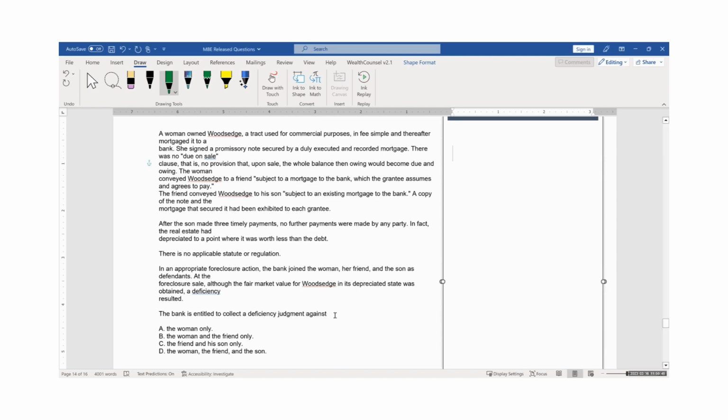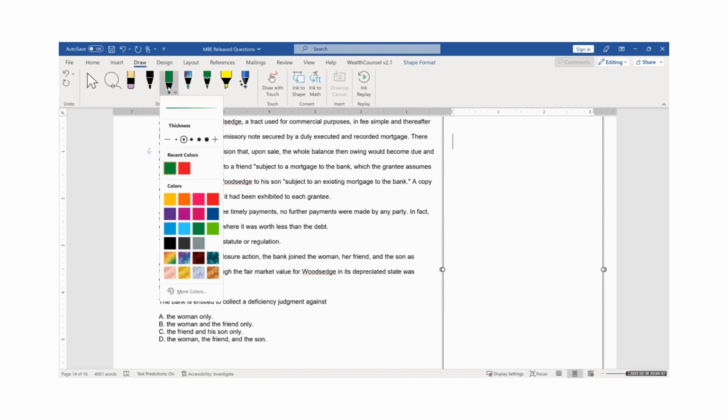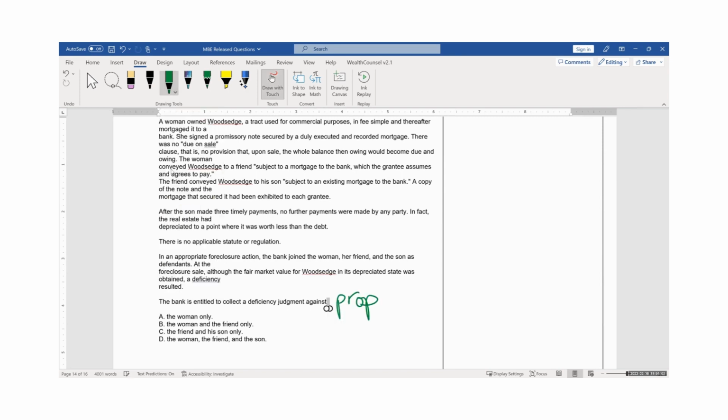And with this, you should be able to confidently think that this is a property question, because of the words the bank and deficiency judgment against. Seeing the question, you will want to identify who the parties are because you're wanting to find deficiency judgment against a specific person. So when you go through the fact pattern, it starts out, a woman owned Woodsage, a tract